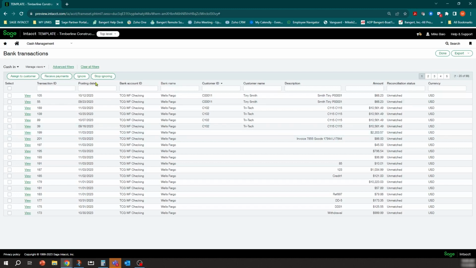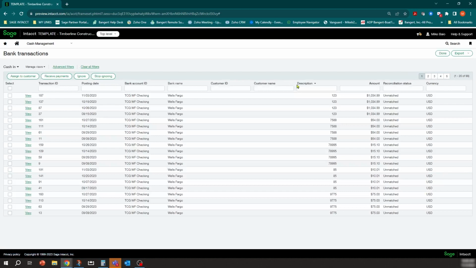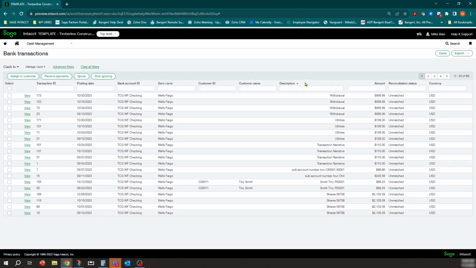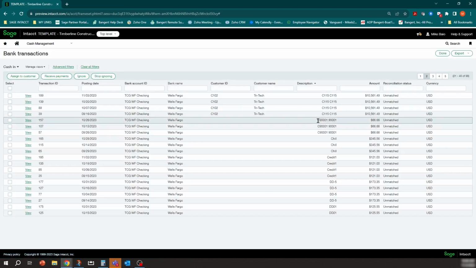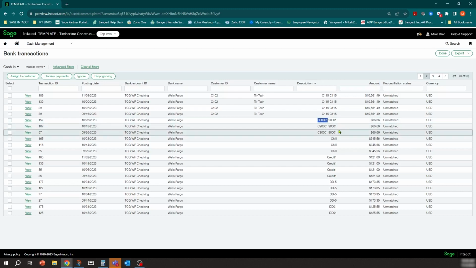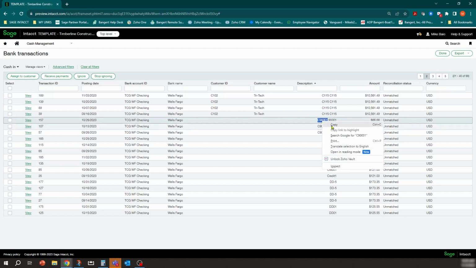Now, what you can also do is do it on the fly. So now you're in here looking around, for example, and I'm going to sort by description here. Let's try this way. Nope, let's go this way, sorry. And I'm just going to page through. I do know that we are charging Napoli Pizzeria for some maintenance, regular maintenance we do for them, and it's $66 a month. So I can see here they must have sent the payment in. And it looks like their payment's always going to have a C990001 on it. So let's do this.